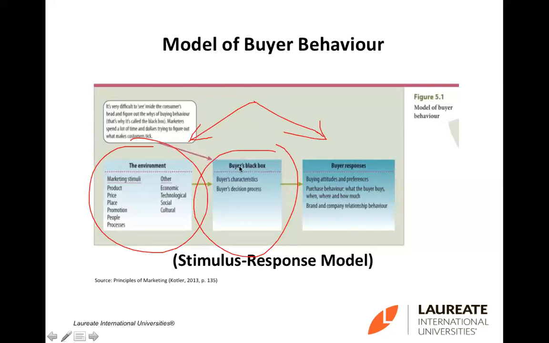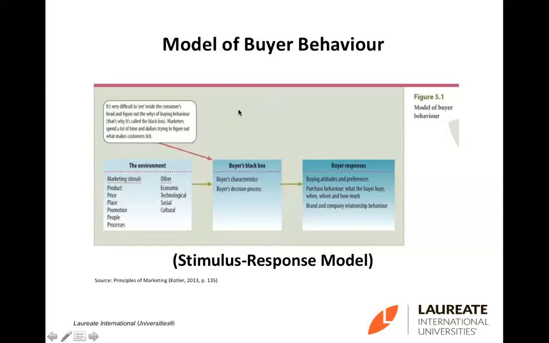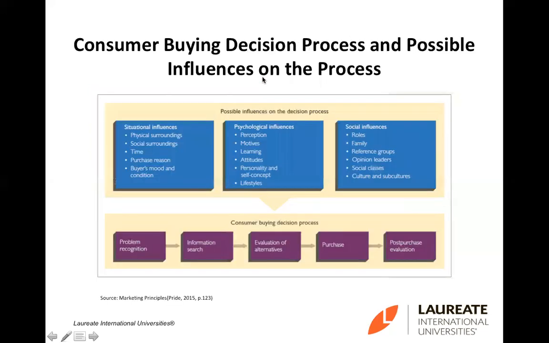Okay, and the buyer's black box requires us to do more, a different type of research to understand it, and that includes neuromarketing. All right, now the next thing I'd like to discuss briefly is basically about the decision process and